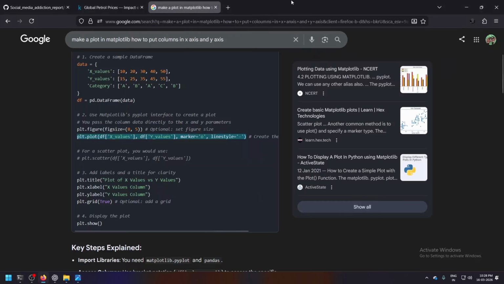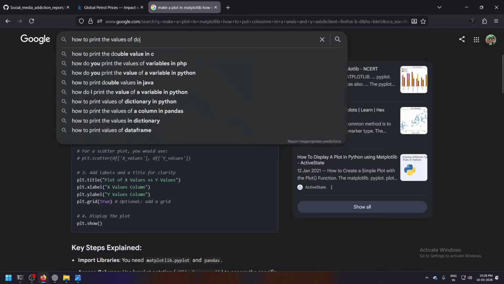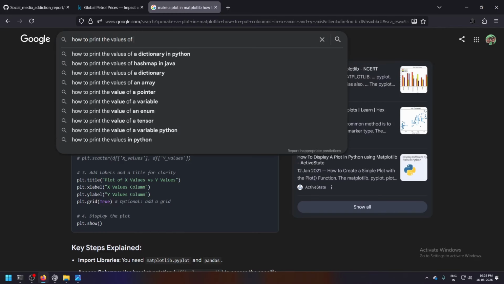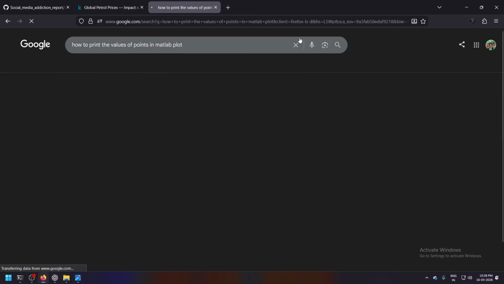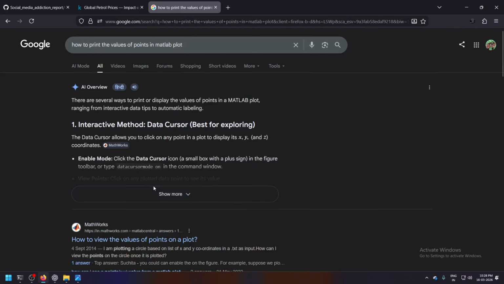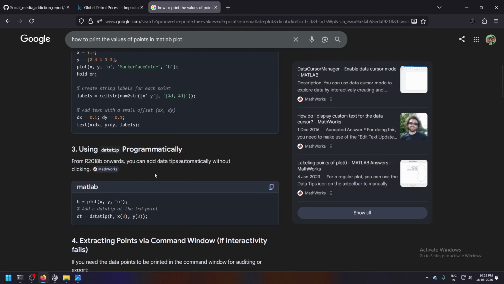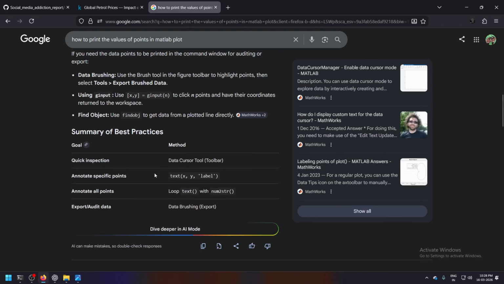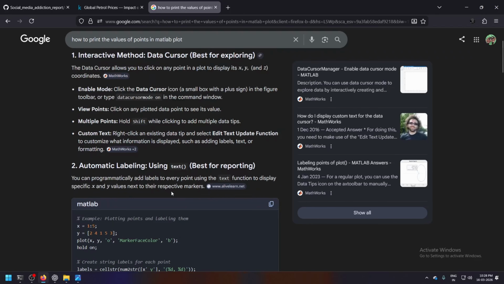Let me write it: how to print the values of the dots, not of points in that matplotlib plot.